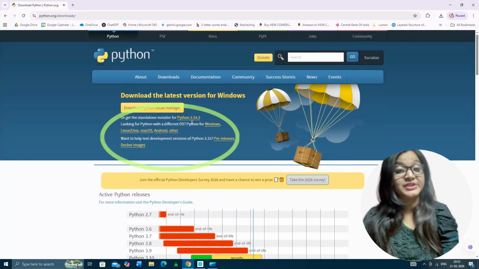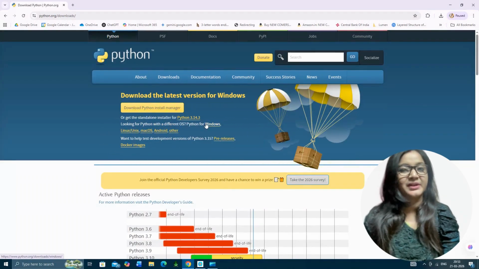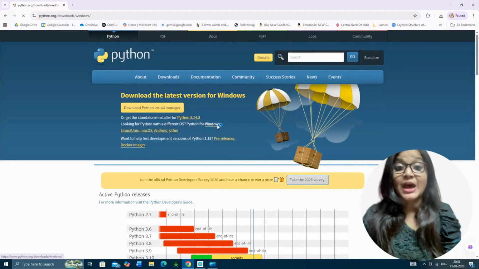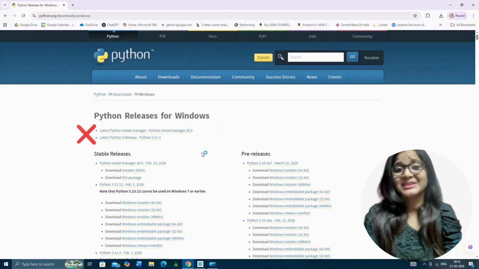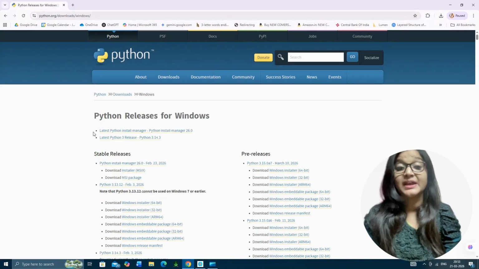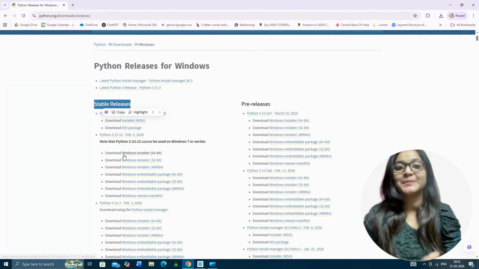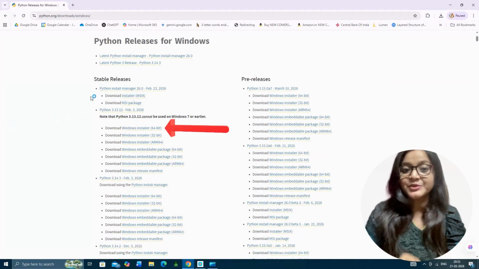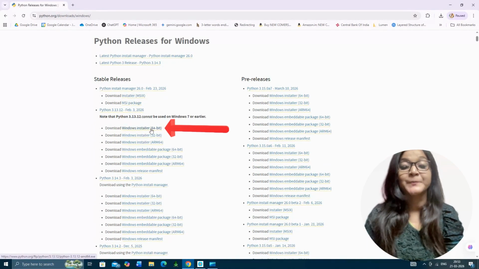Exactly, you have to choose your operating system. Okay, if you are on a different one, you can go for that as well. Now do not download the latest releases, please. We are going to choose the stable releases. Only the stable versions you have to download, and come to this point and click on this link, Windows